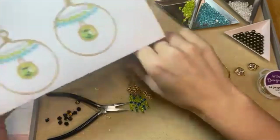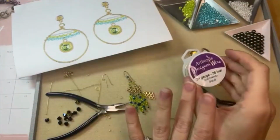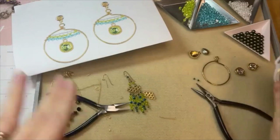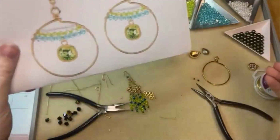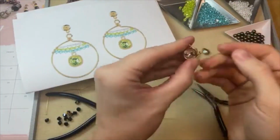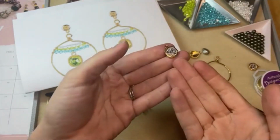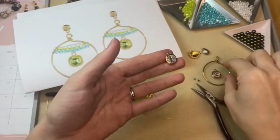You're also going to need 24 gauge wire. I've got Artbeads designer wire here in gold. You could use artistic wire as well. You're going to need a cushion stone and a setting. TierraCast makes these wonderful settings that fit those cushion stone crystals perfectly. They also make ones that come with a clear crystal already attached, so that's what I'm using here today, switching it up a little. You could also use a different